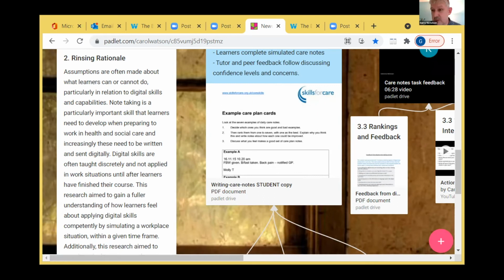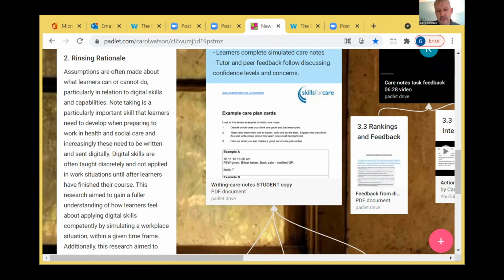So after we'd done that, we decided that what we would do was we would come up with some questions that we would ask the learners. And we spent flipping hours trying to come up with these questions. It kind of felt like we just went around and around the houses trying to think of questions. So then we came up with four. I'm not going to read them out now. So we decided that what we would do is sit down and actually talk to the learners about how they felt.